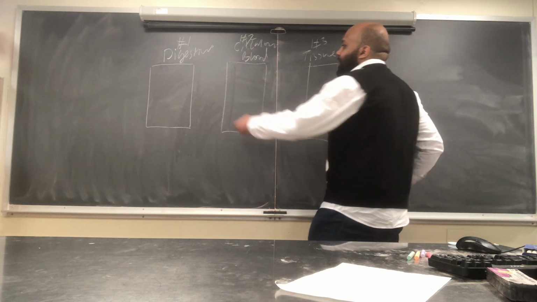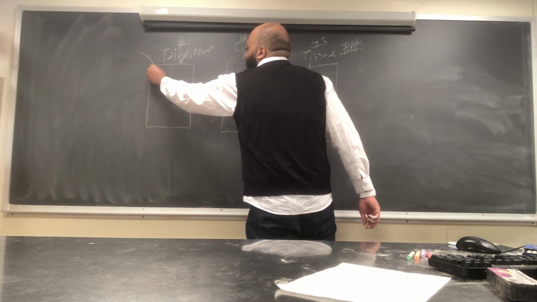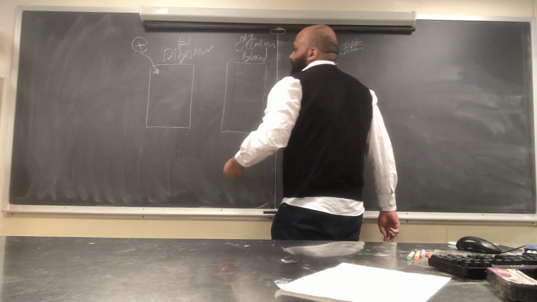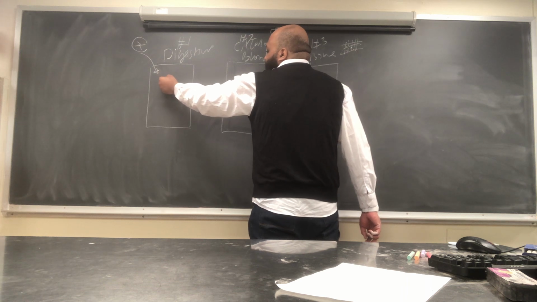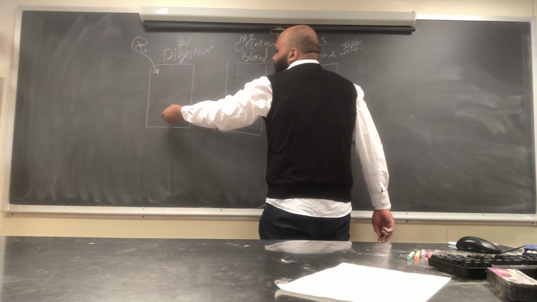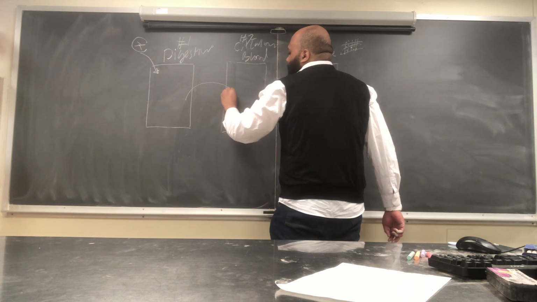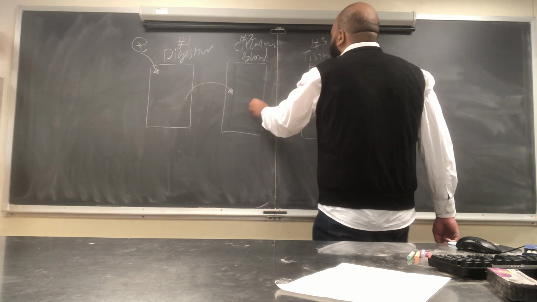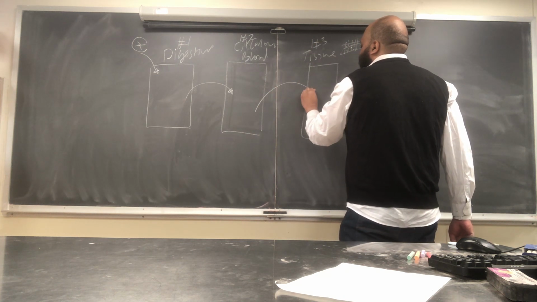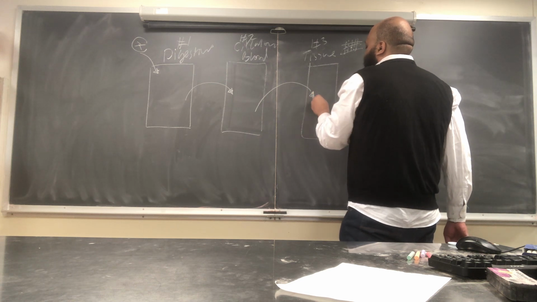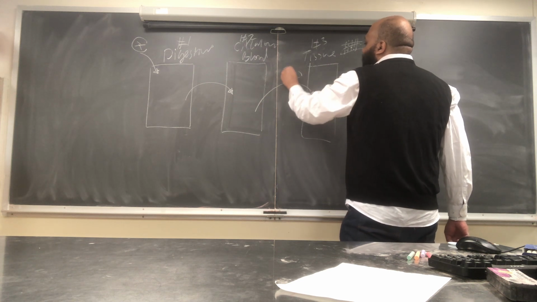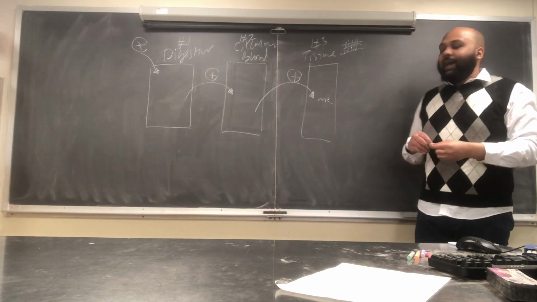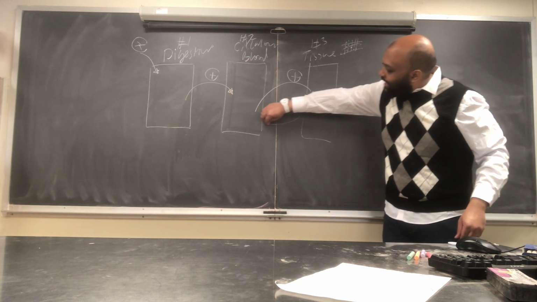So what happens is once we ingest the food, the food enters. We have plus nutrition that has entered into our digestive system. Then we digest that food, we break it down, we metabolize it, and then we send it to compartment number two through absorption, and now it's circulating in our bloodstream. Then the bloodstream will deliver our food supply into the tissues, and the tissues will perform metabolism. So all the food that we have gained, we're going to metabolize it, and then we're going to send out the waste.